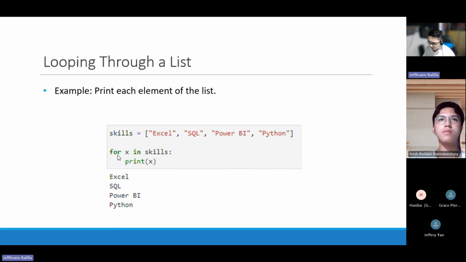So for the first iteration, imagine what's happening under the hood is you have different lines. First line, print the first element, Excel. That's why you have the first output right here. And then another line, SQL, then Power BI, then Python.